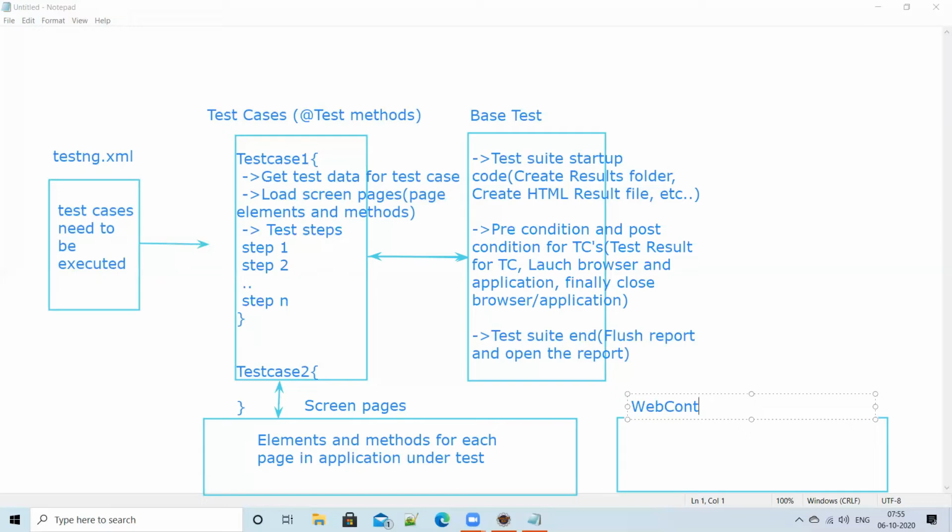Here you will have the methods for each element, like launch application.